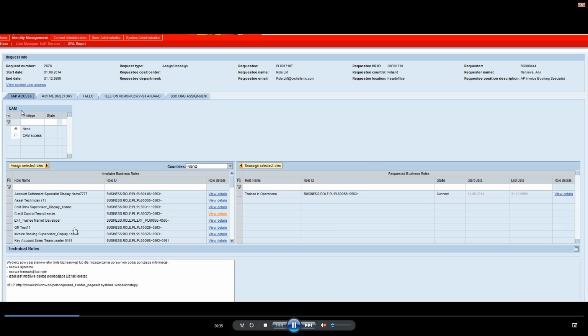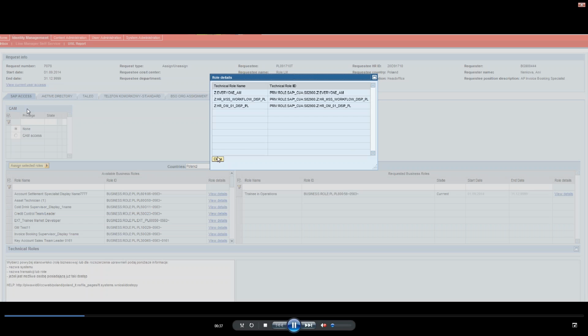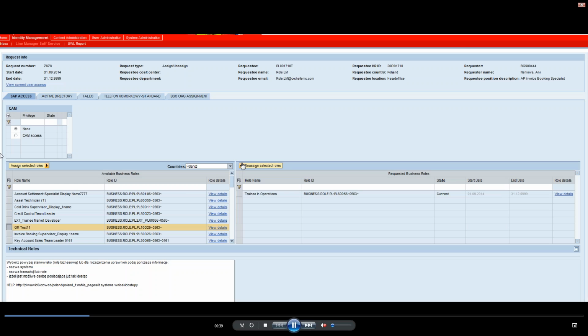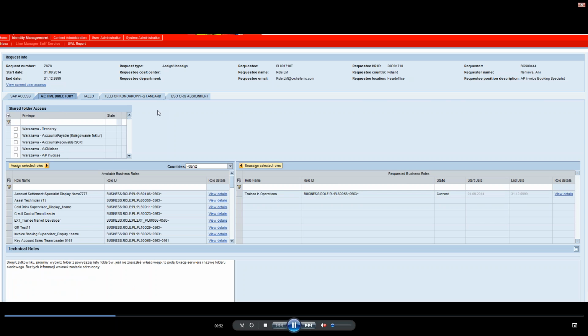On the next step, you can see here, depending on the selected applications, there are different tabs generated here. And depending on the application, the access listed in the different tabs looks in a different way.